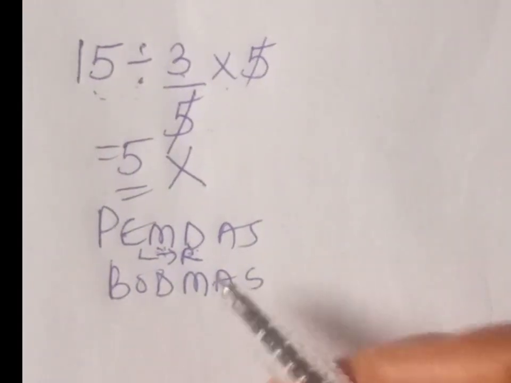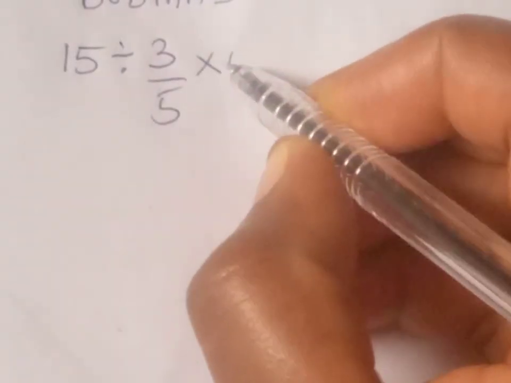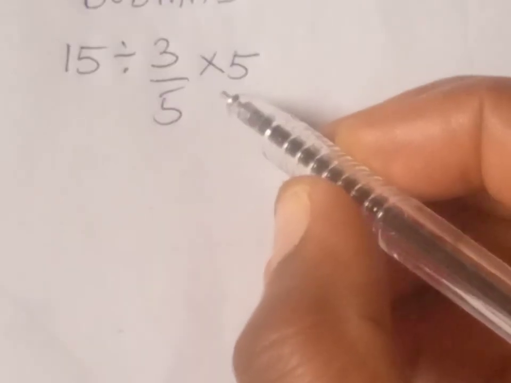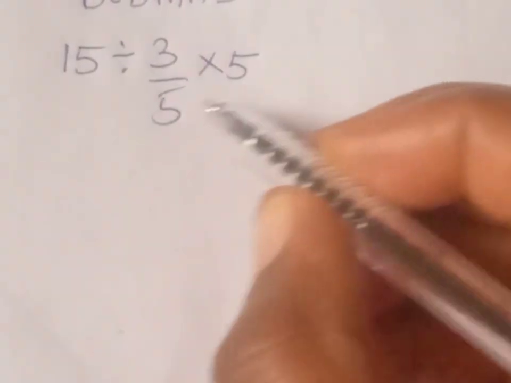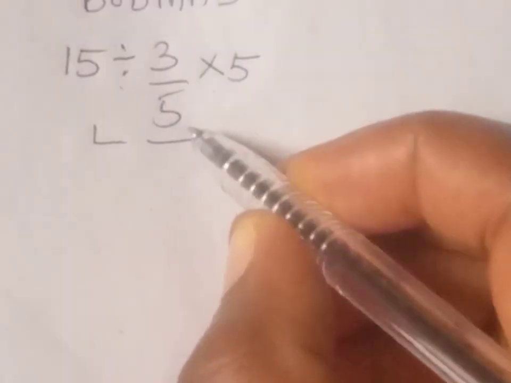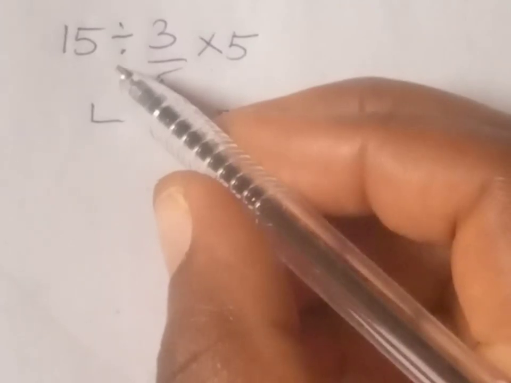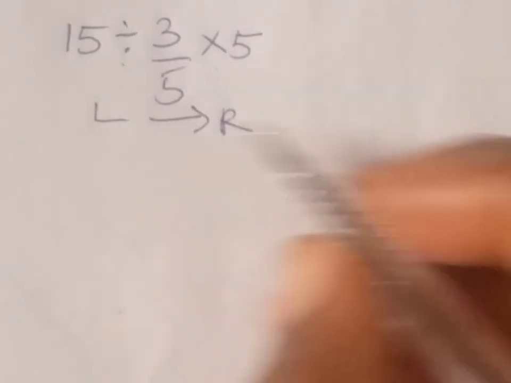Now, let's look at the right way of solving this expression. Let's write the question again. 15 divided by 3 over 5 multiplied by 5. In order for us to solve this, what we are going to be doing now is we shall be identifying the order of operations. Since we have the division and the multiplication, we shall be starting from the left to the right. Starting from the left, which is the division sign, we shall be applying a rule called